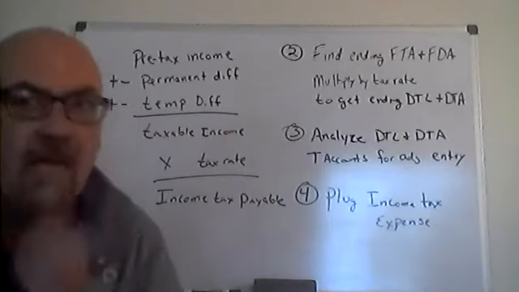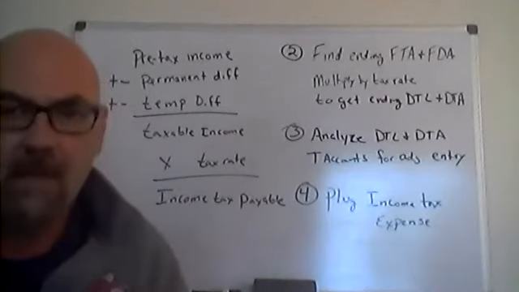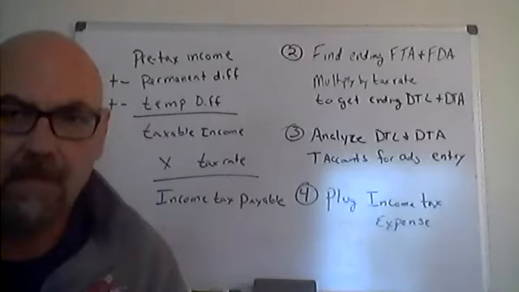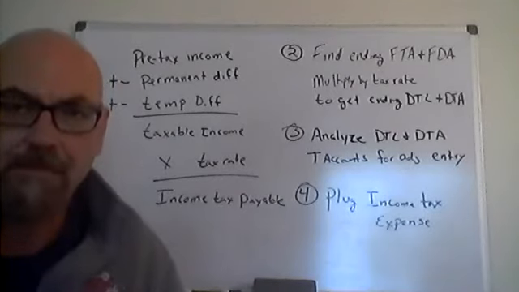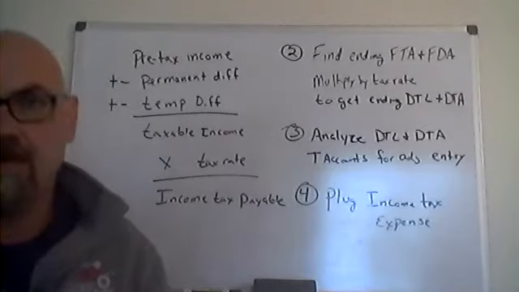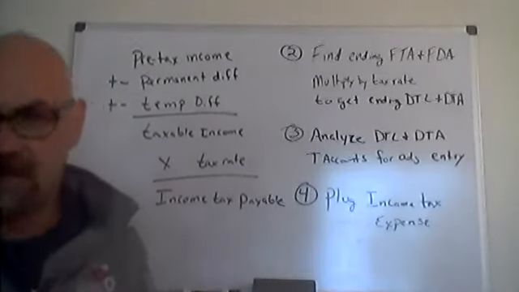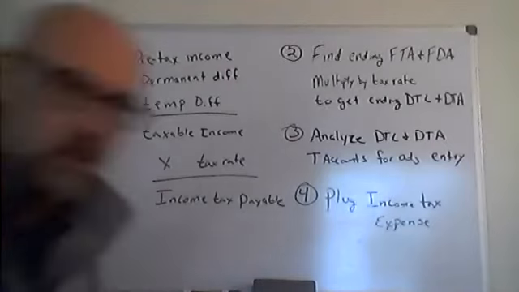We just got a couple more things to go through. We need to talk about when there's multiple temporary differences, how we should do that, and then a little thing called net operating losses. But just as a quick review, our four-step process here, our first step is to find